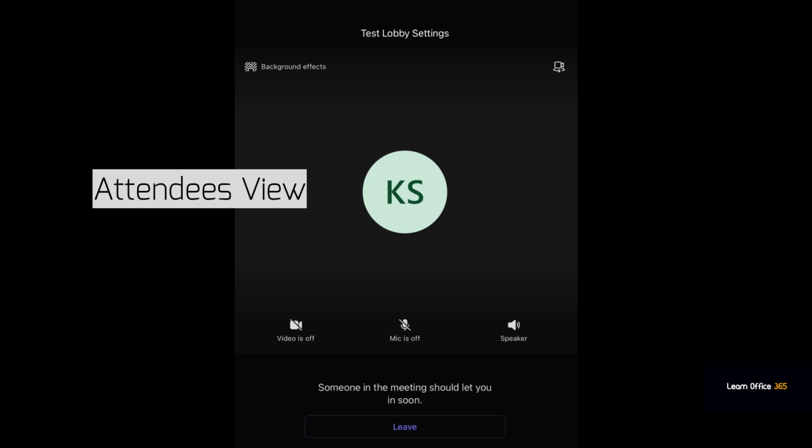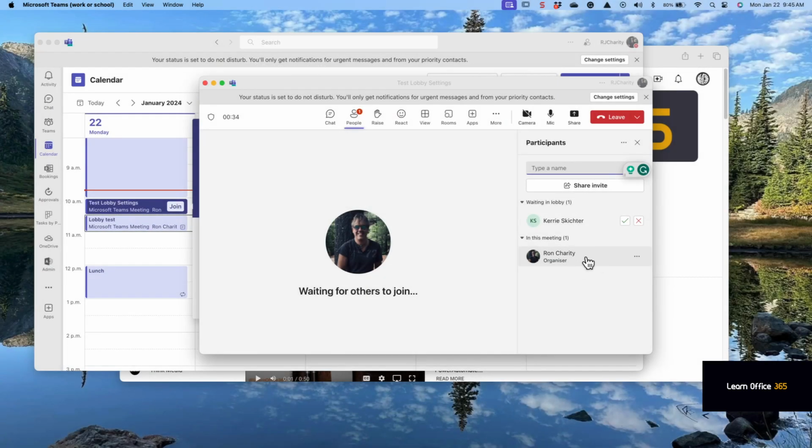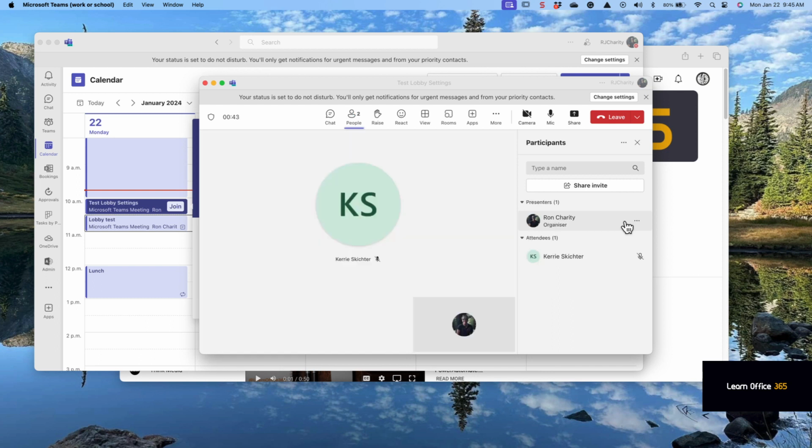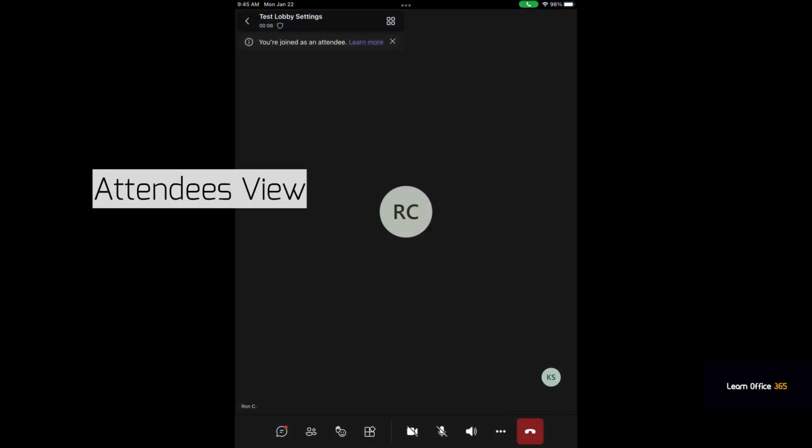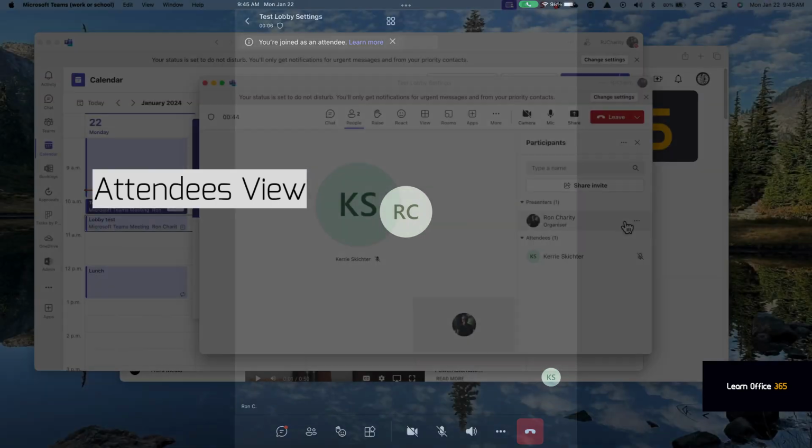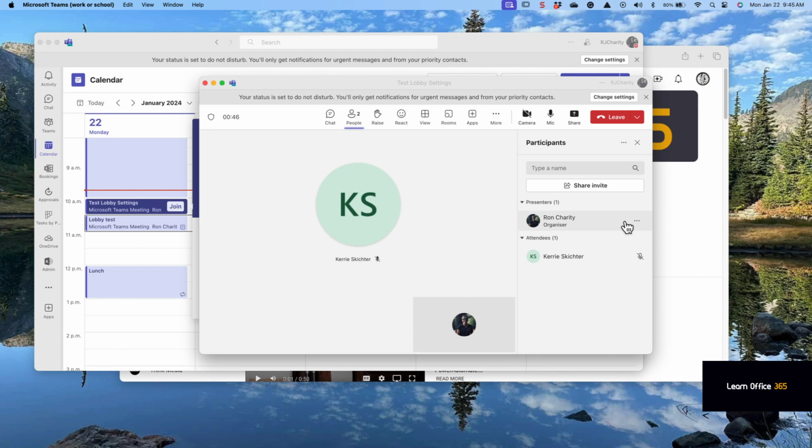So now the organizer can select the attendee, click OK, and now this is the experience that they will see on their end. So for each attendee, you have to admit them when you're ready. And then when the meeting's over, just click on End the Call,